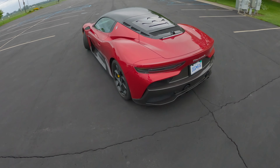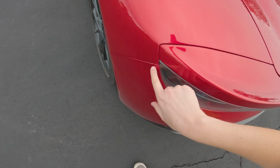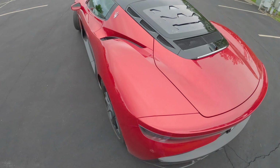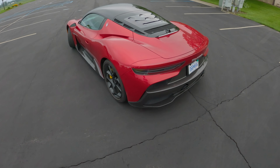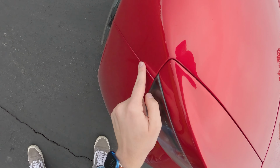For one, I haven't gotten Apple CarPlay to work all day. I don't know what the issue is with that. But also, I've got little bits of paint bubbling here on the bumper. Now, this is a 4,000 mile press car, and it's over a year old. It's a 2022 model year. So we could assume that maybe it's been in a couple little fender benders, some bumps maybe, but that looks like